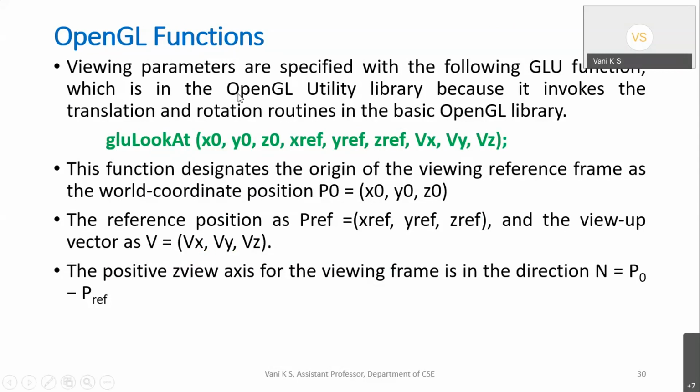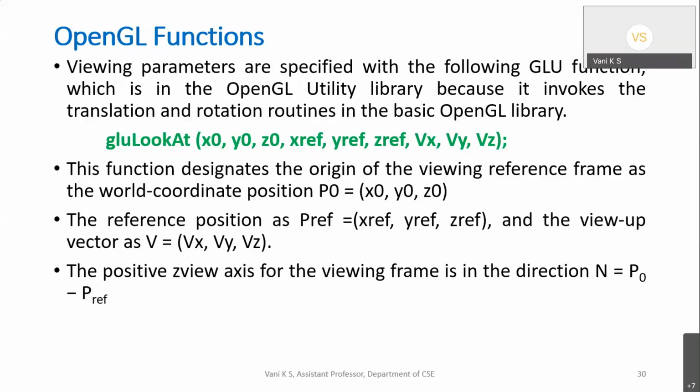And you know the syntax in OpenGL, I think. LookAt is the name of a function, and this function is from the GLU library. There are 3 libraries in OpenGL, I think: GL, GLU, and GLUT. So the prefix tells you which library the function belongs to. LookAt belongs to the GLU library. And why do we use this function? When we want to set up the 3D viewing parameters I told you in the beginning. You may ask, is this function compulsory? No, it is not compulsory. Even if you don't use it, it will be set up with the default parameters. OpenGL has already set up some default parameters, so they will be taken up for calculations.